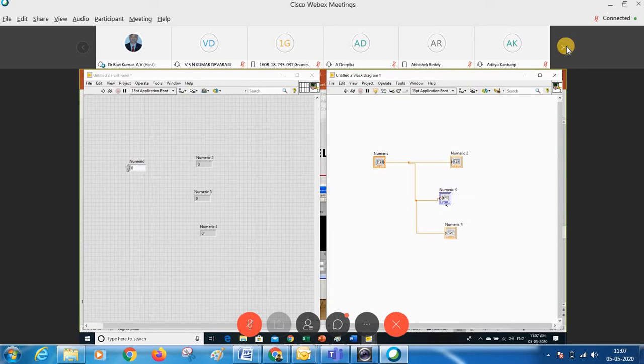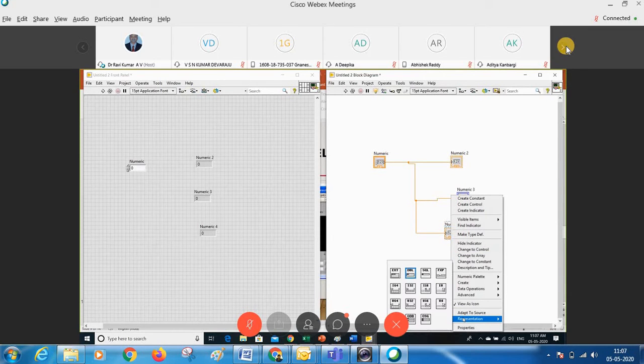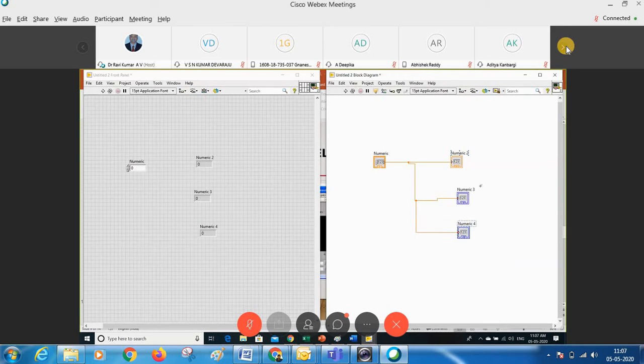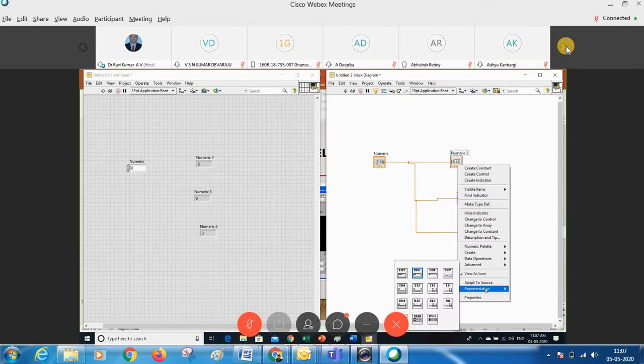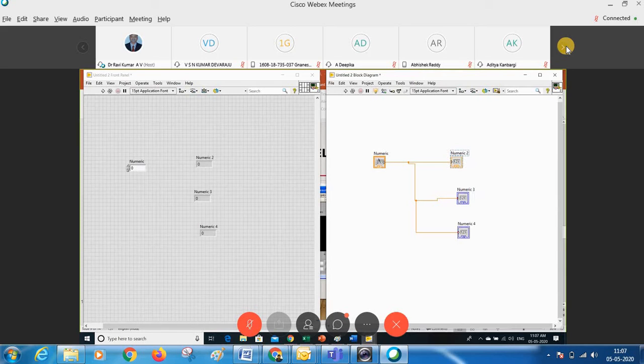You can see the color has changed, and there is a red dot on the icon, which may be a glitch or an error. Let me take another data representation, unsigned long. They are all 32-bit variables. One I take with double precision, and similarly an integer value of 32 bit and unsigned 32 bit. All of these are numerical variables with different data representations.